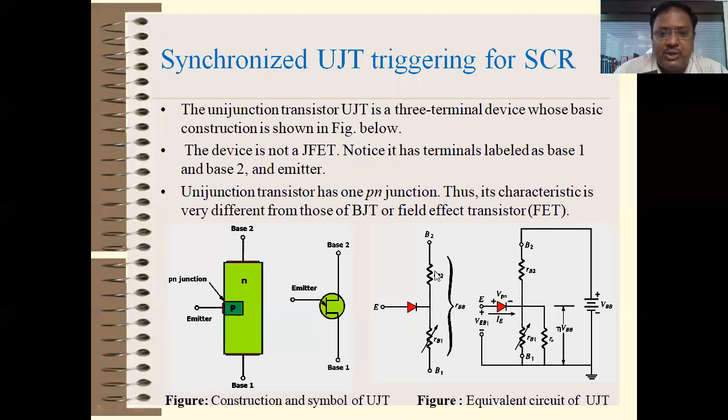Actually, the resistances RB1 and RB2 are basically channel resistances. So RB2 is a bulk fixed resistance that is between base 2 and emitter, and RB1 is a variable resistance that is measured between emitter and base 1. Right? If you see the symbol, it is also slightly different than JFET symbol, because the emitter terminal is slightly folded in downward direction, and if you see the JFET terminal, it is straight, right? That is again a difference. And the equivalent circuit is also shown here. So already we discussed about that.